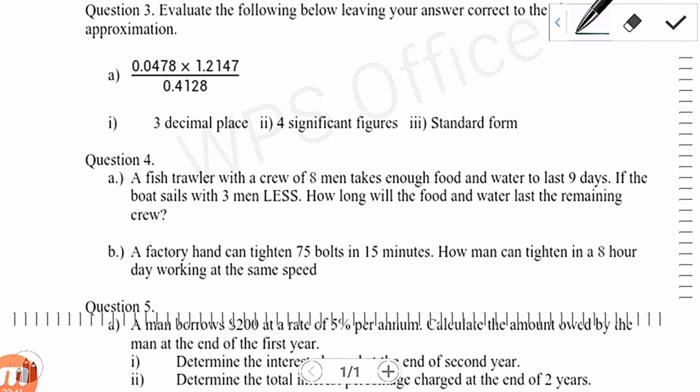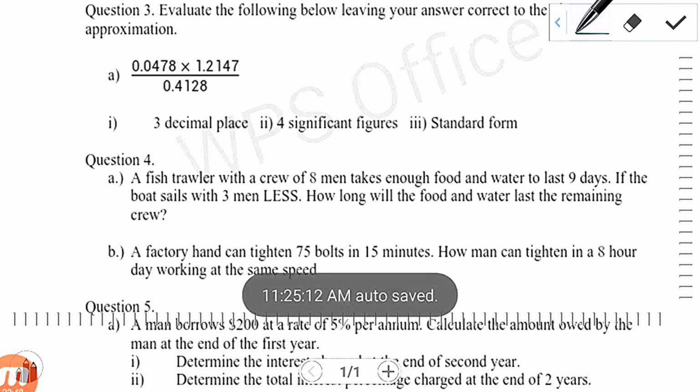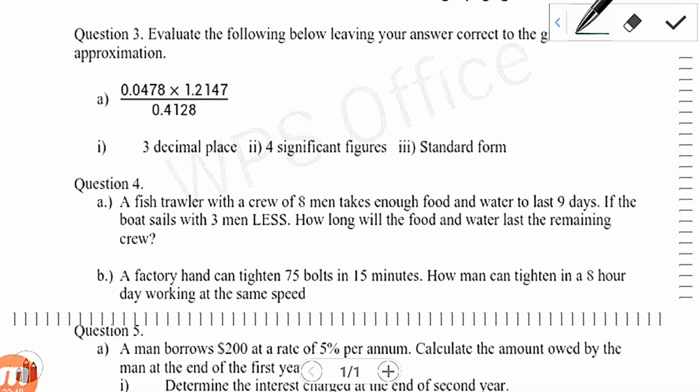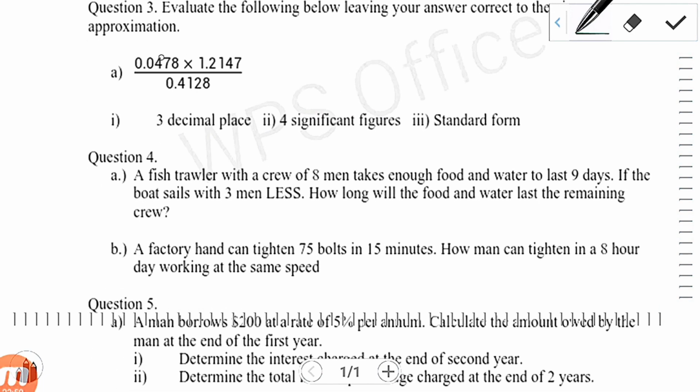Now what we have here is to evaluate the following below, leaving your answer correct to the given approximation. So we are asked to simplify this decimal problem here, and we are to round our answer, or approximate our answer, to 1, 3 decimal places, 2, 4 significant figures, 3, express your answer in standard form. So very simple. There is no point in an exam for you to do long multiplication or long division. We're going to simply go on our calculator and type